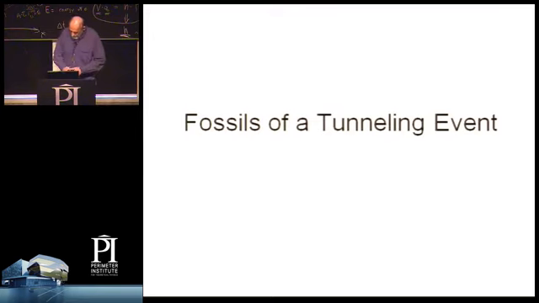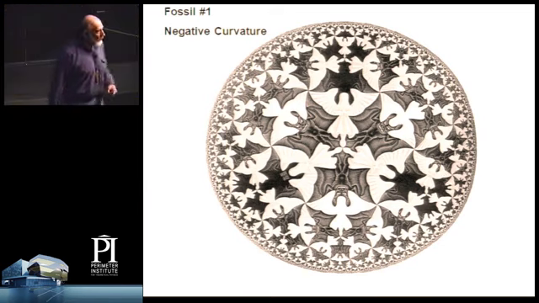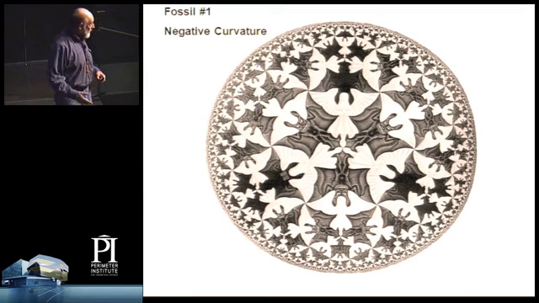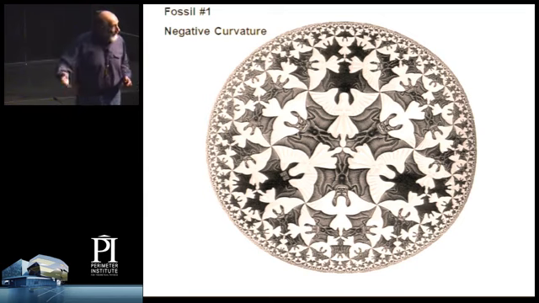There are various fossils. I'm not going to have time to explain them in detail. The first of which is negative curvature. Negative curvature at what scale? Well, negative curvature at a scale less than or equal to 10 to the minus 5 would not be interesting, because the ordinary CMB fluctuations are of order 10 to the minus 5. So we will certainly see curvature at 10 to the minus 5, with equal probability that it's positive or negative. But curvature at the level of 10 to the minus 3, it's now at the level of 10 to the minus 2, the bound. Curvature at the level of 10 to the minus 3 would be very significant.